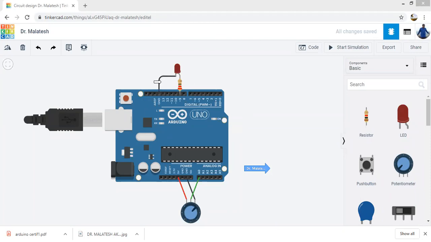This is an LED. As usual, one end, that is the cathode, is connected to the ground, and the other pin, that is the anode, is connected to pin number 9 through the resistor.